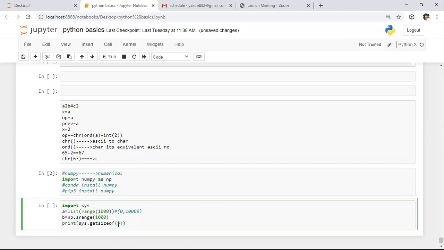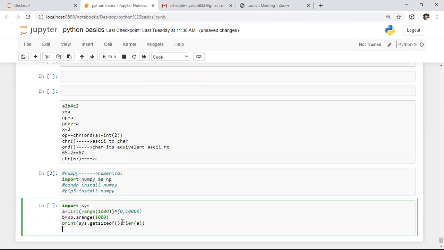As you are already aware, all integers consume the same amount of memory. For that purpose, here I took one random integer and I am observing the size of one integer number. After this, I want to multiply this with the entire list size. To know the entire size of the list, I'm using the length function.